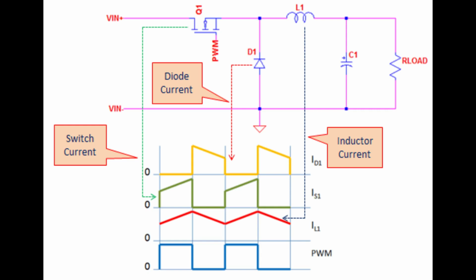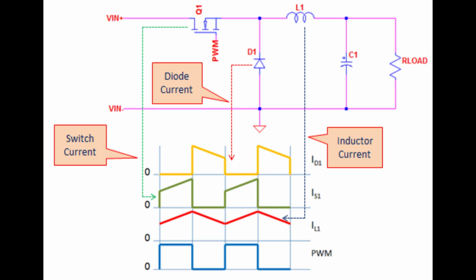Here we are seeing the waveforms of various elements. The green is the current through the switch. The current is increasing because of the inductance. And then this yellow is the current through the diode. The diode current is decreasing because the inductor will start discharging in this path. The path means diode, inductance, capacitor, resistance and back.